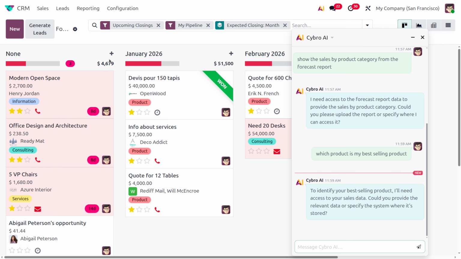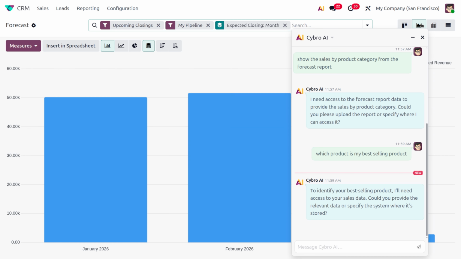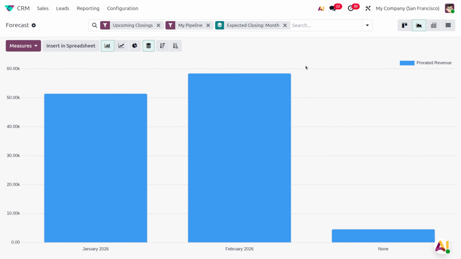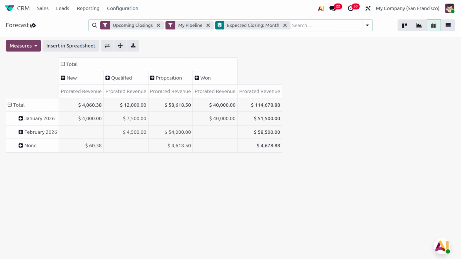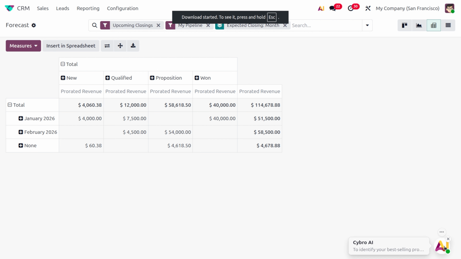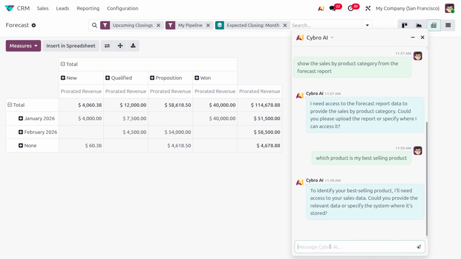So if you just want to get the details, we have to provide more details in depth. So let me try to print this. As I just want the forecast here, we are only getting to link into the spreadsheet. So here also we'll not be getting the option to print. Yeah, here we have the download XLS. So upon downloading it, again, let me just provide the